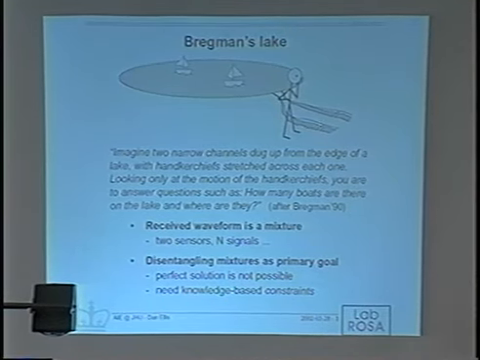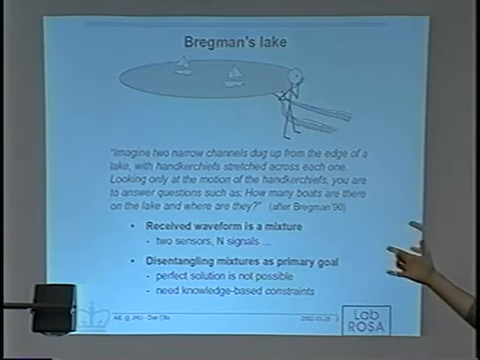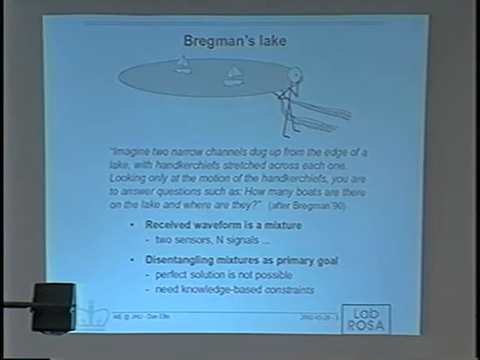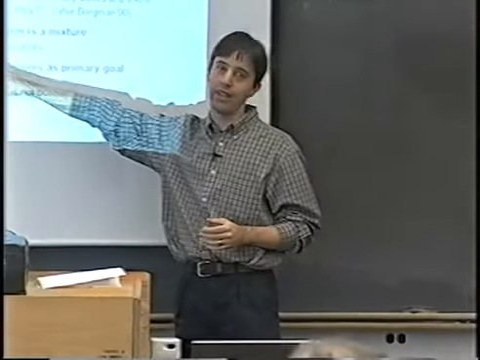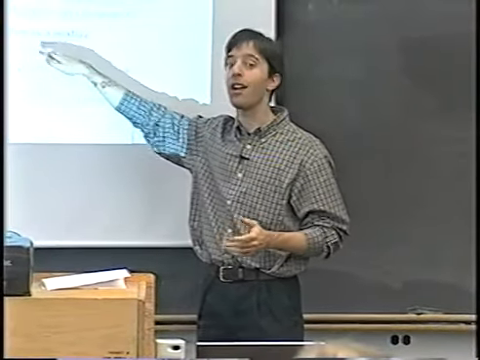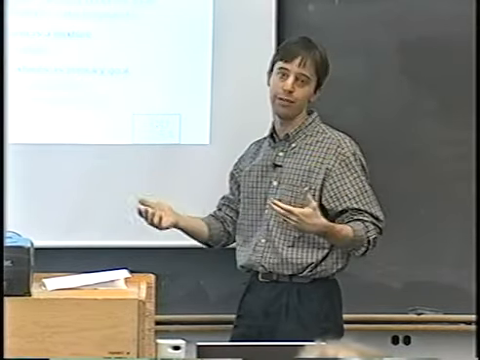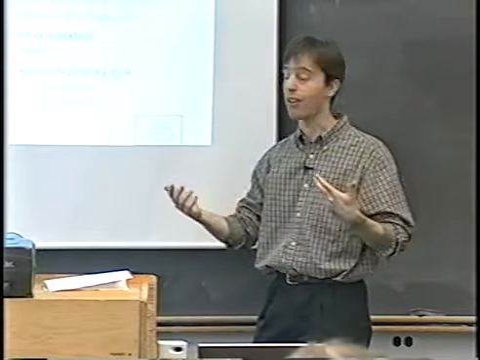So a few things to draw from this. Obviously, what we get in terms of the sound waves coming in are always a mixture. Sometimes we try and arrange it so that the mixture is dominated by a single source, but basically, in the general case, there are always multiple things happening. We have to deal with that. And in particular, it's under constraint, so we can have a large number of different sources, and even defining how many sources there are is a bit difficult to do because that's kind of subjective. We've only got two sensors, so we're not going to be able to do very well in terms of recovering this.